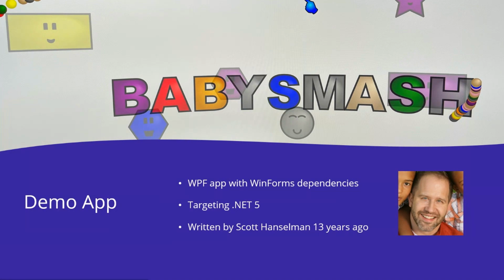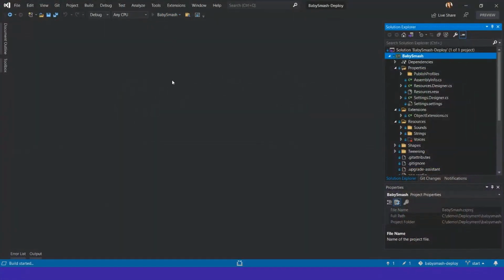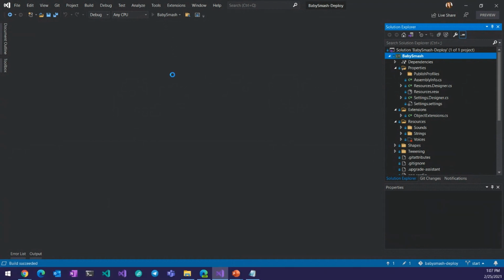So Casey Sullivan earlier today ported this 13-year-old application that initially was targeting .NET Framework 3.5. She ported it to .NET 5 with Upgrade Assistant. So if you missed that, check out her session and recording. It's a great tool and it's very easy to port your old mature application to the latest .NET platform. And this application, it's written by Scott Hanselman. He wrote it for his baby to teach baby how to type on the keyboard. Let me bring up this application and show it. So when baby smashes on the keyboard,